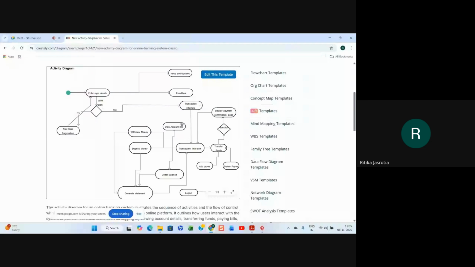Then you can transfer funds, you can pay bills. So all those transactions you have to make, right? If you are paying any bill payment, what all things will you do? If you are transferring funds, what all can you do? Such kind of a thing, right?